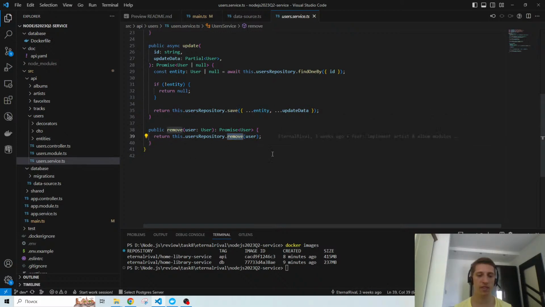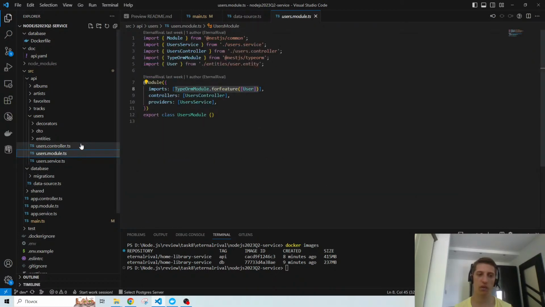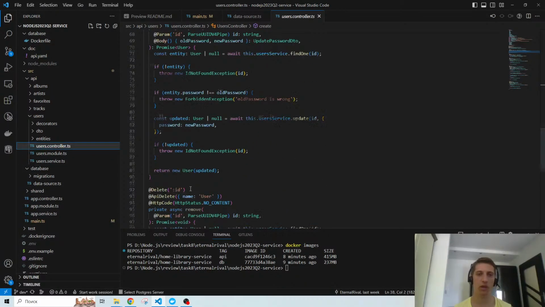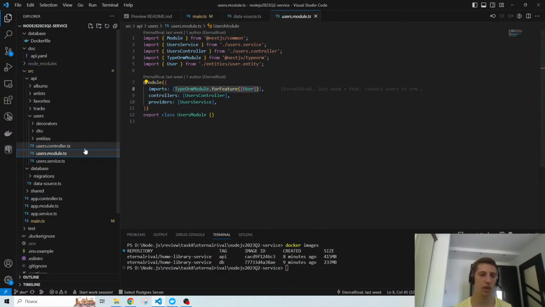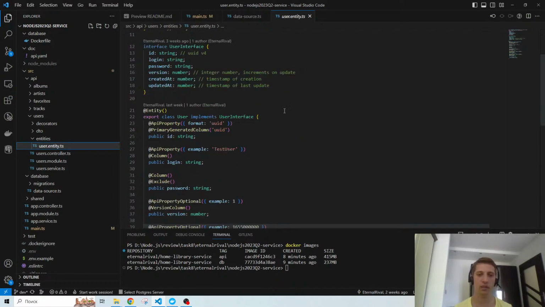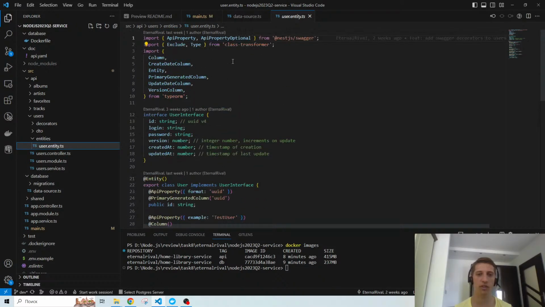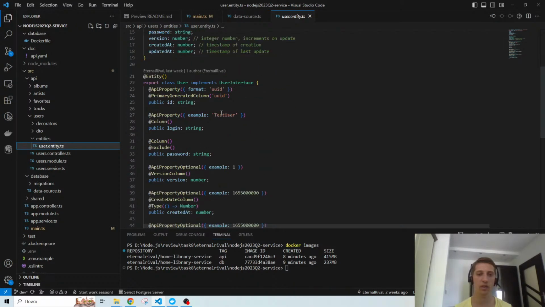Also, we have this remove method. So we changed the data source. We didn't change a lot in our controller and module, and it still works correctly. What else changed? Here we have these decorators from TypeORM to create our entities that will be used to